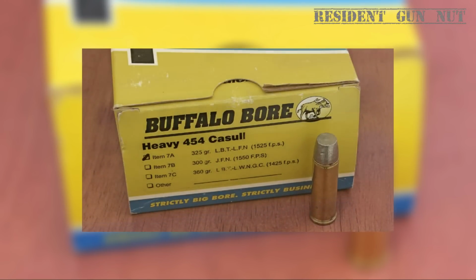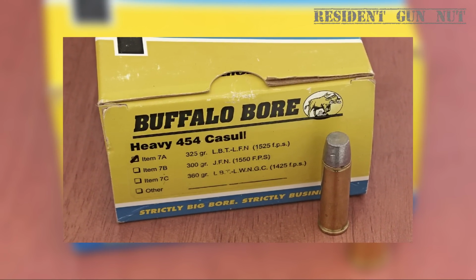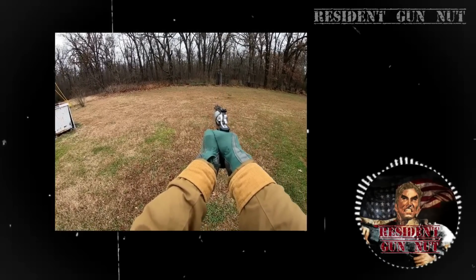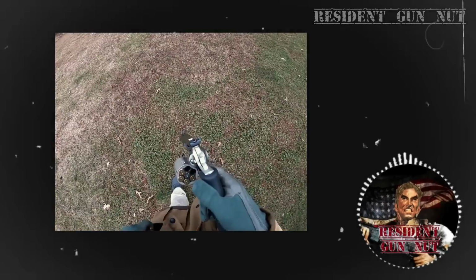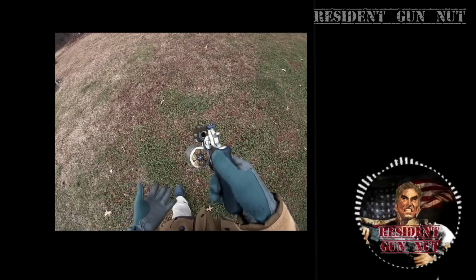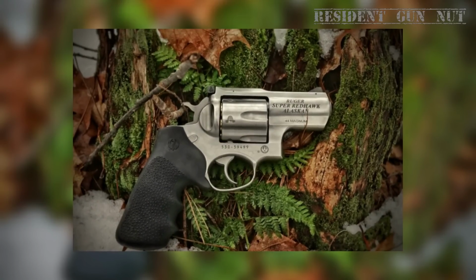Go for Buffalo Bore's 325 grain LBT long flat nose if you intend to carry this wheel gun. Out of the Alaskan's short barrel, it will produce 1,254 foot-pounds of force at the muzzle, making it an excellent option for fending off aggressive bears. And because the revolver can hold 6 of those bad boys in its cylinder, it's capable of 7,524 foot-pounds of combined muzzle energy. And it's also the lowest priced wheelie on this list with its